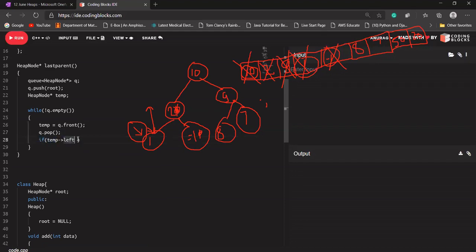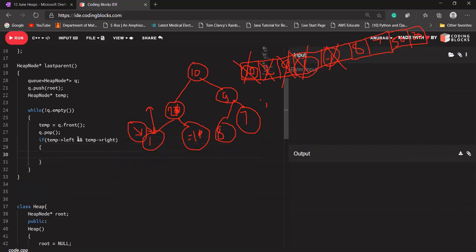Either temp's left is not equal to null or temp's left alone is the same thing. And I'm going to say temp's right. It means if temp's left is not equal to null and temp's right is not equal to null. So if both are not equal to null, what I'm going to say is, please push both values in